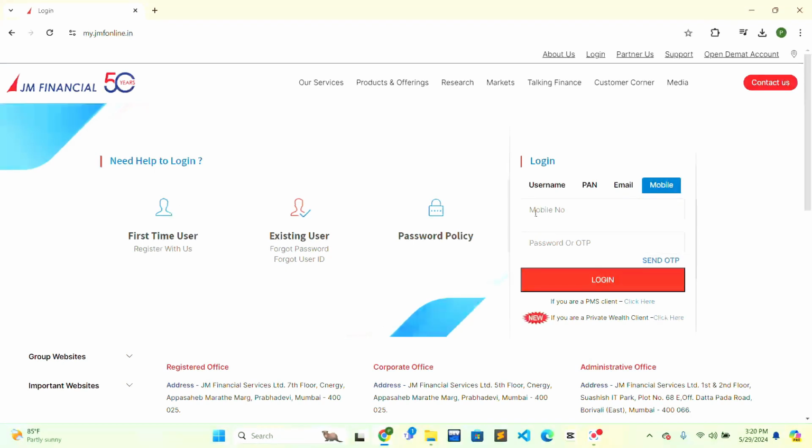And when you have filled up the boxes with the given information, then you can just click on the login button and you will be able to log in successfully into